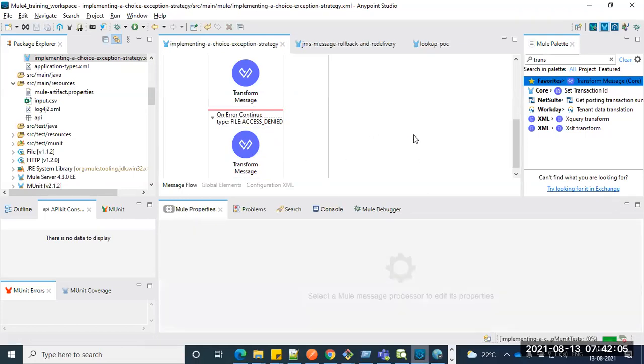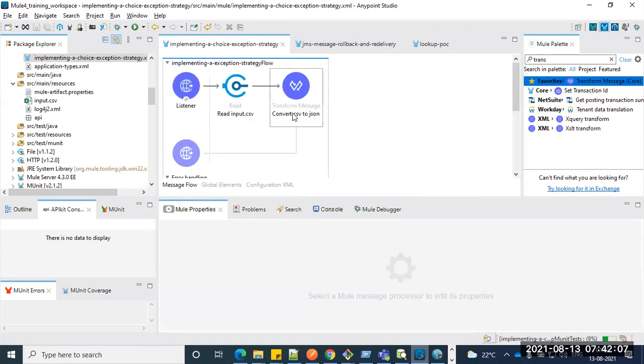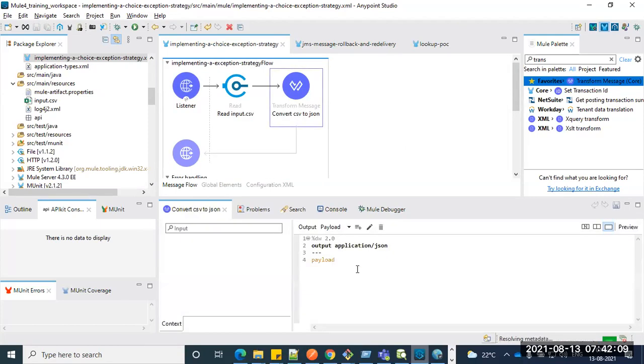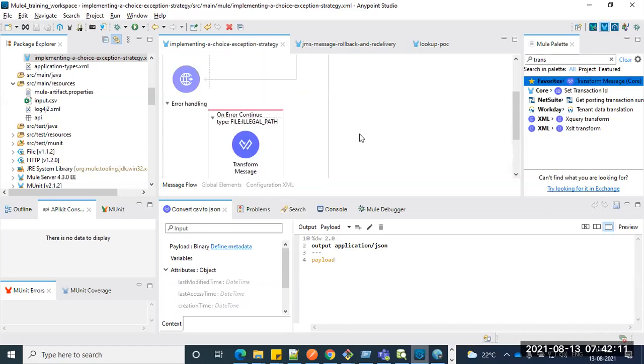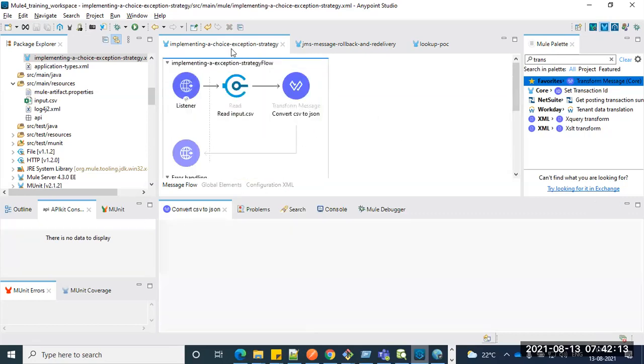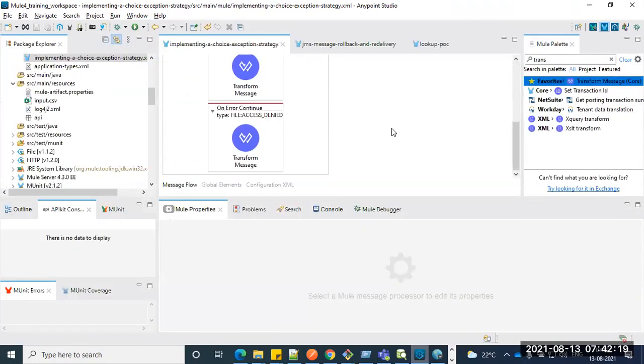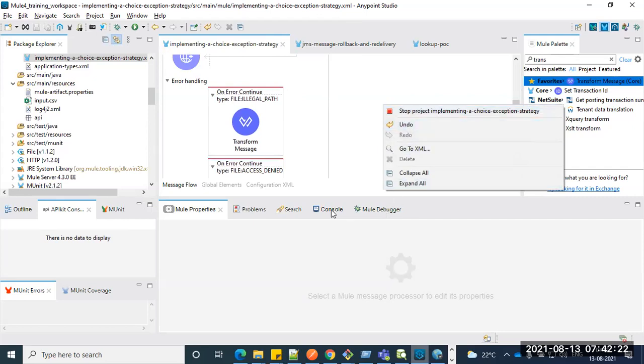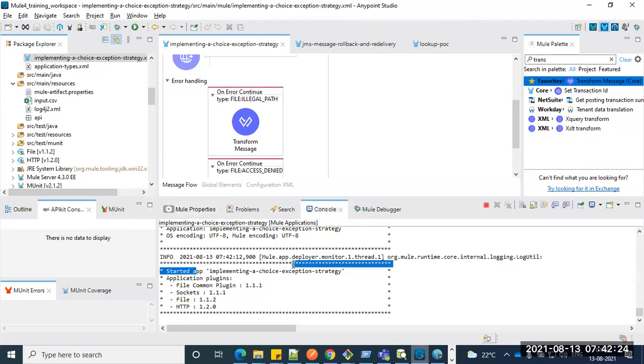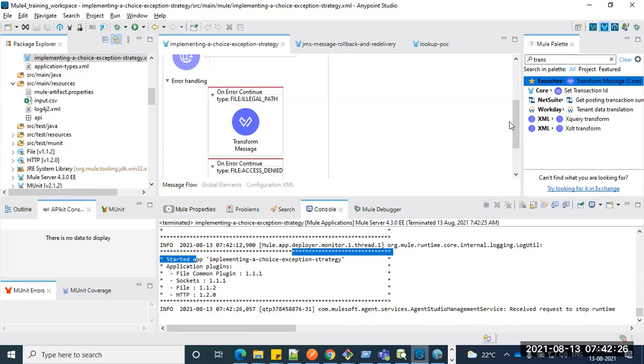Next, I have one more component, convert to JSON. Whatever you are giving, the next step is converting it to JSON. Let's see, guys, whether it will go there or not. So I'm done with this. Let's deploy it again. It's already deployed and seems started. Let me stop it and start again.